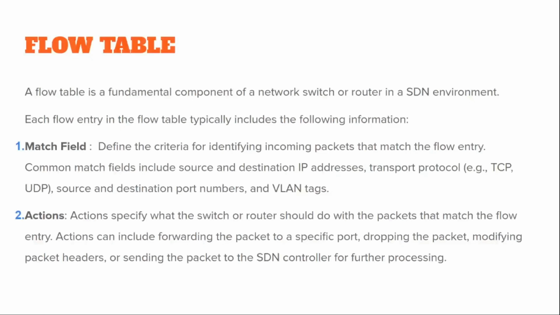Now, the matching can happen in four ways. Either it can be an IP matching, or it can be a subnet matching, or it can be a MAC matching, or maybe a TCP or a UDP matching. Okay, so that is how the match field works. The match field is basically used to compare against an arriving packet. When a packet is arriving, we compare it, and four kinds of matching can be done: the IP, subnet, MAC, and TCP UDP. And it is a 12 field entry, or a frame of 12 things in it.